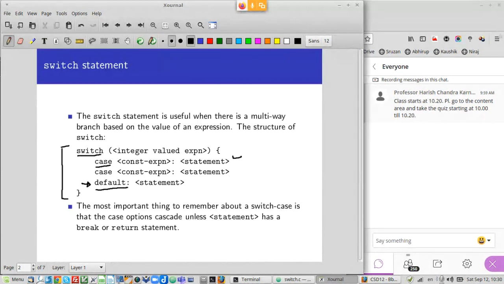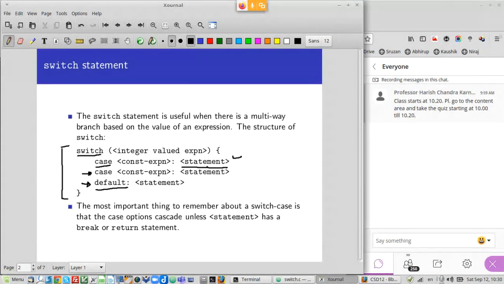But please remember one thing, and that is what is called cascading. So if a case statement matches, then of course it executes this statement, and if this statement does not break or return, then it cascades to the next statement, the next case, right?